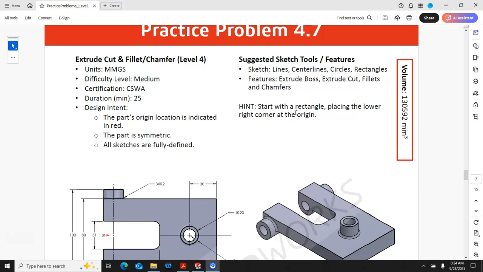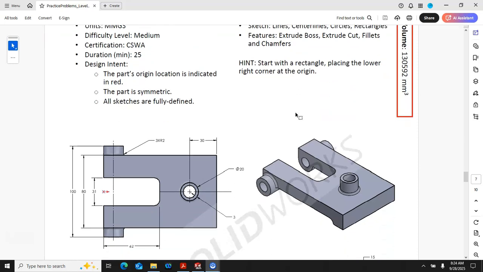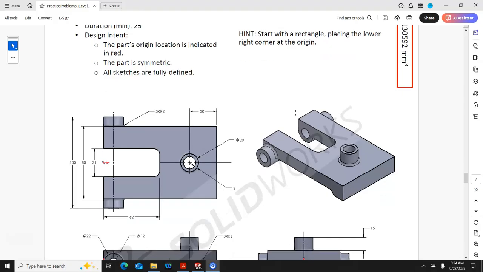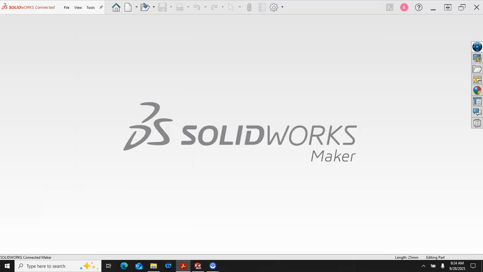Start with a rectangle, placing the lower right corner at the origin. Yeah, I'm not feeling the lower right when the origin is at the lower left. Okay, but well, let's go with that. We'll go with what's on the drawing. Again, it doesn't make a whole lot of difference until we get to center of mass, and then that origin is going to be calculated